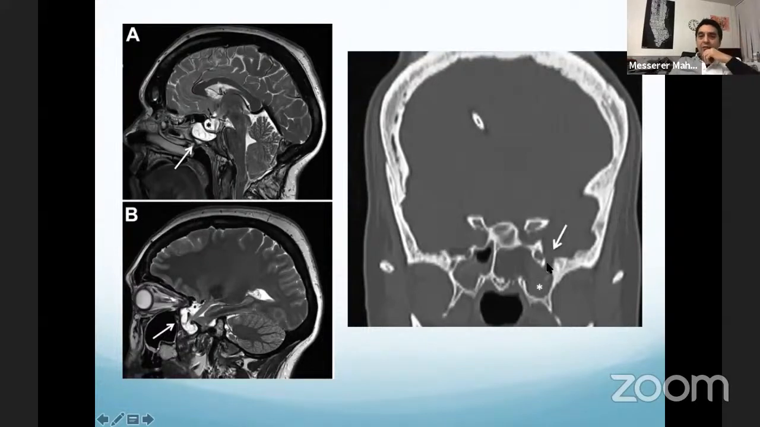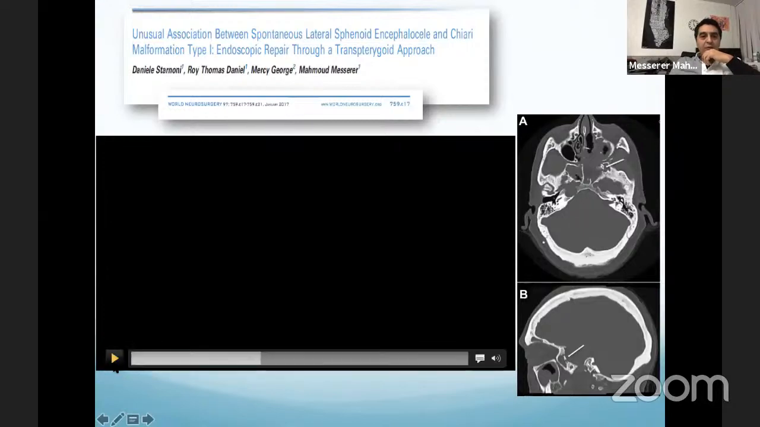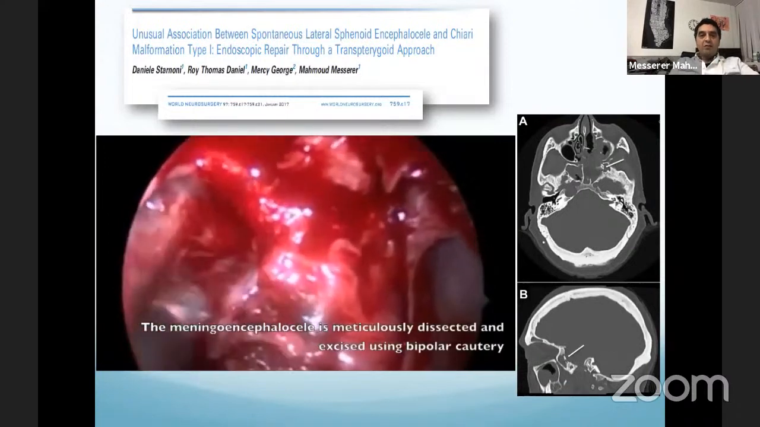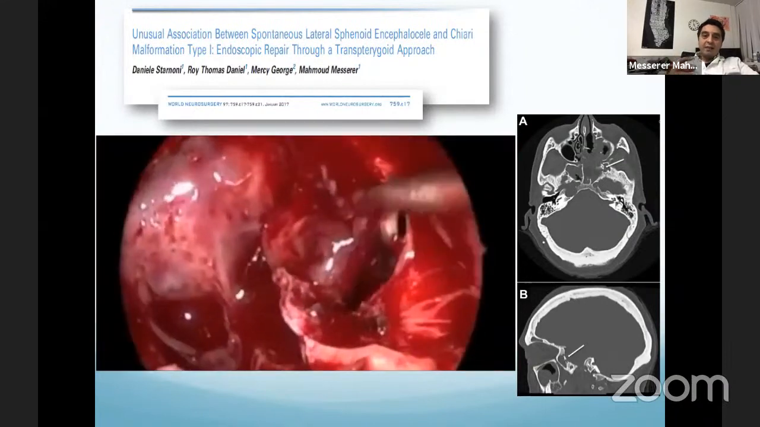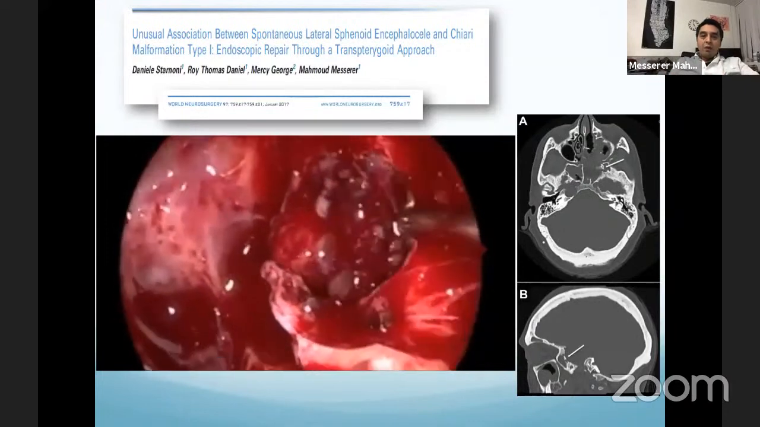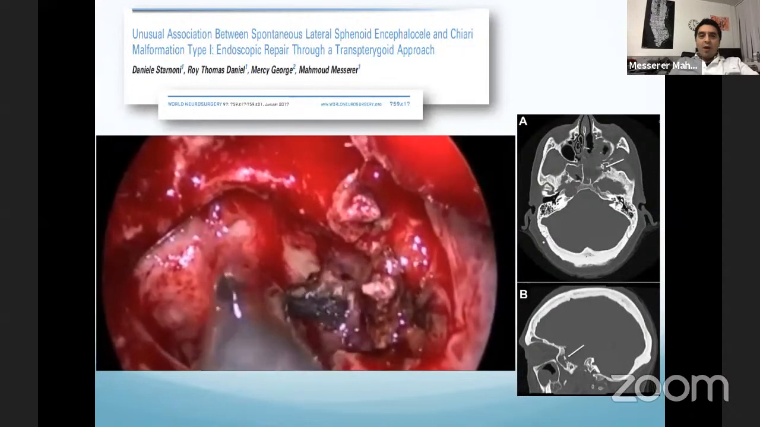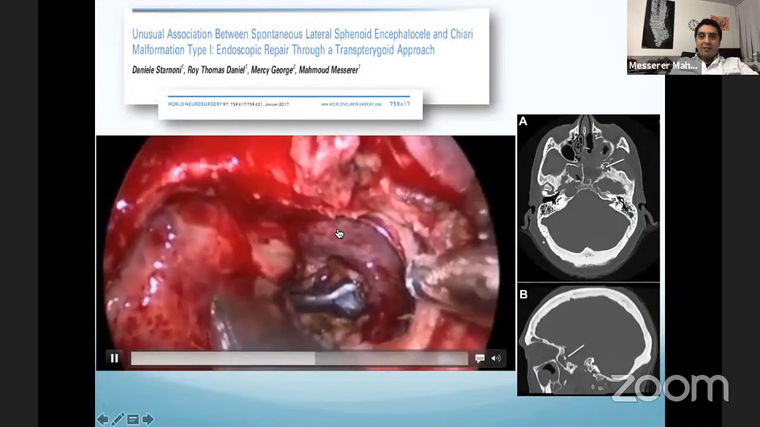So I did a transnasal approach. Why? Because I have a large lateral recess. This is the intraoperative video. It's very important to open widely your sphenoid sinus, your posterior ethmoid cells, your maxillary sinus, to see and to individualize all your encephalocele. I drill the pterygoid plate, and when I remove completely my encephalocele, I can see easier